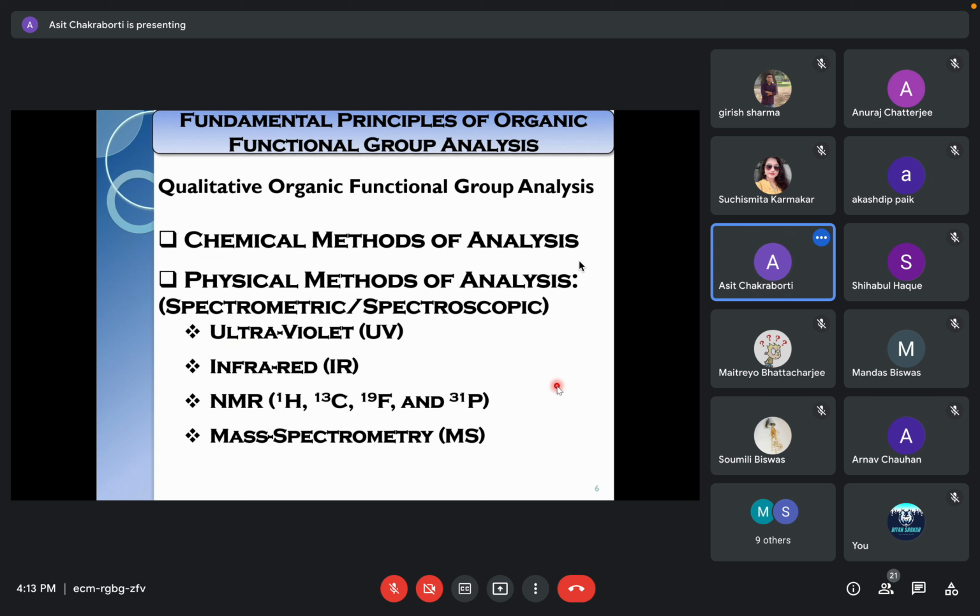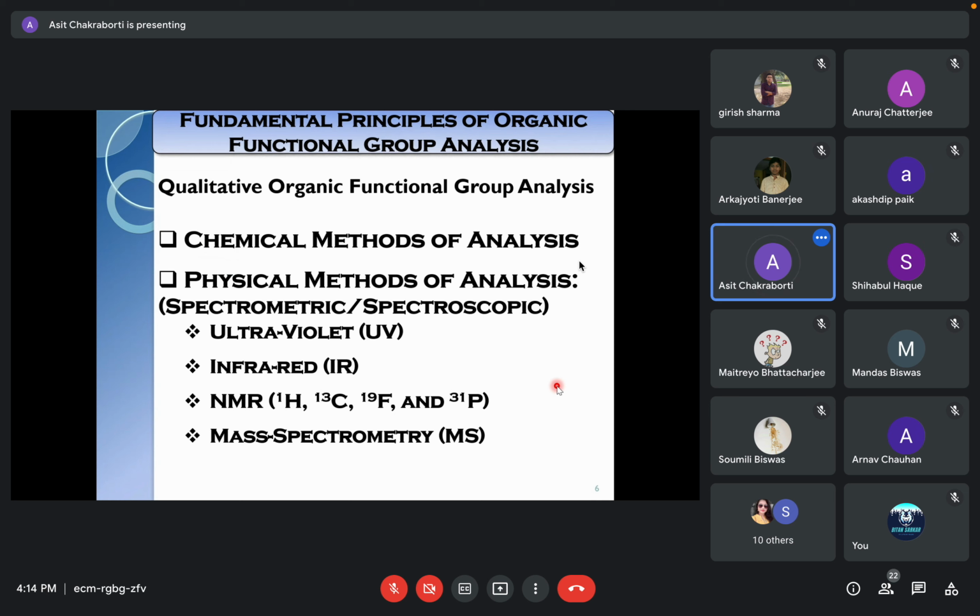So the moment you can perform your experiment in such a way, you can demonstrate evolution of the gas. The only problem is that with evolution of a gas, it will be very difficult for you to determine which gas it is. Then we have a little bit of limitation in this regard. Similarly, if it is merely a precipitate, like mostly we take a white precipitate or maybe a curdy white precipitate, only the precipitate doesn't tell you what it is. Color becomes much easier for you.